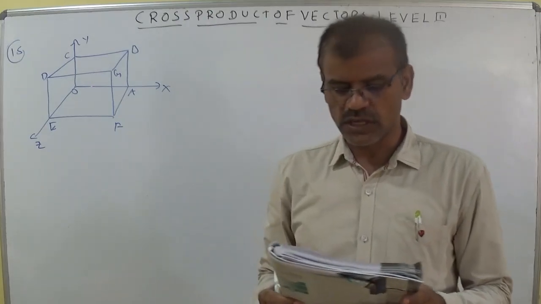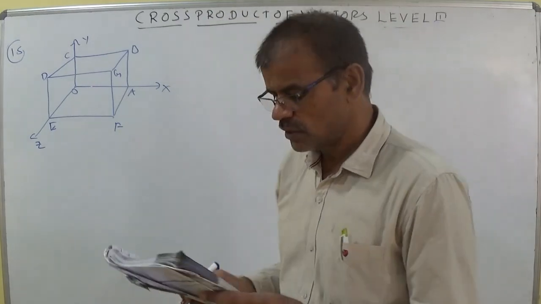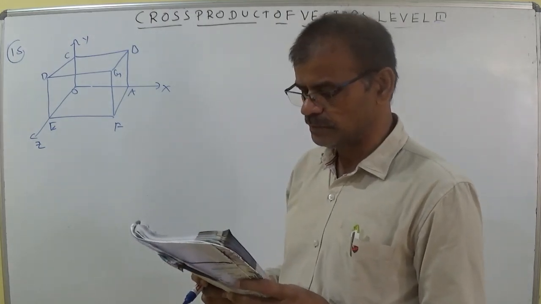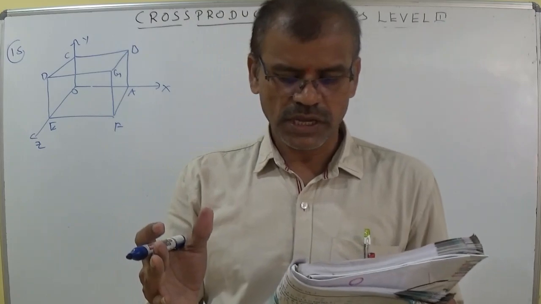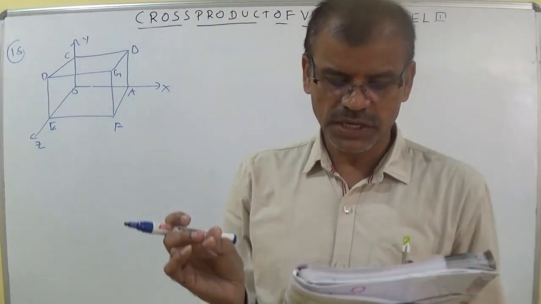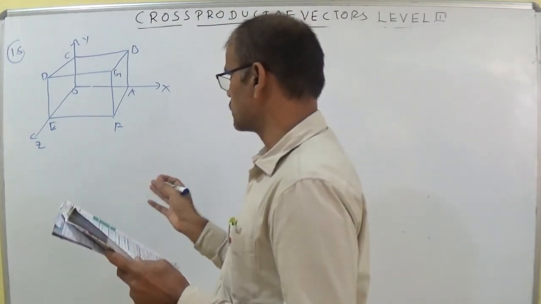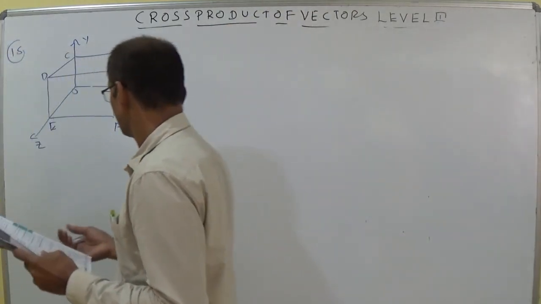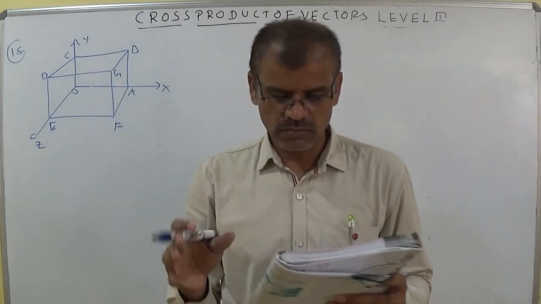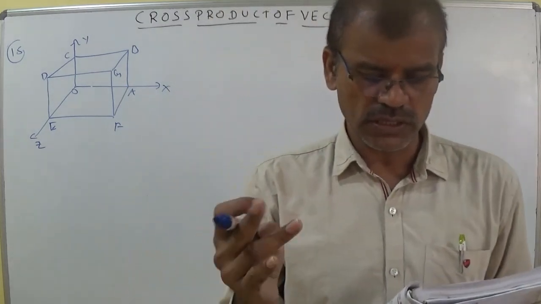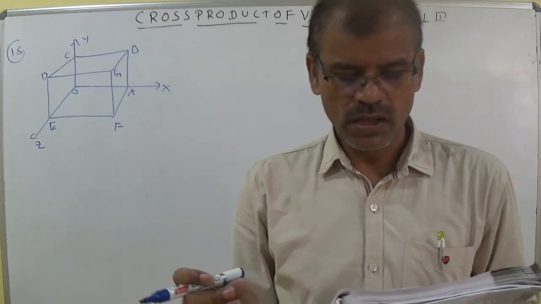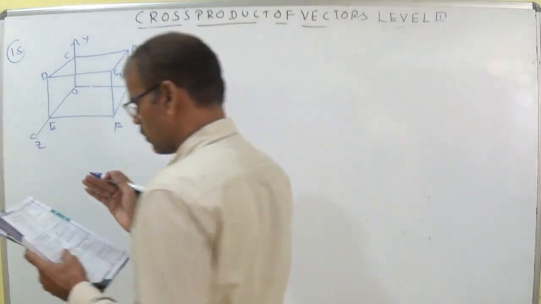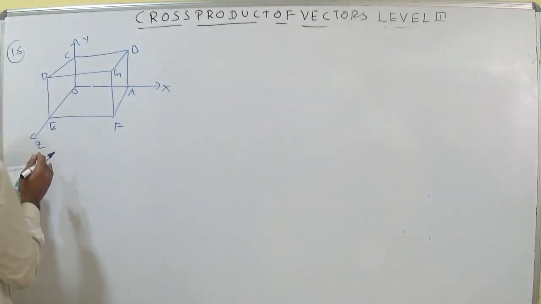Now we can read the question. Consider the parallelepiped with the sides A equal to 3i plus 2j plus k, and B and C given similarly. OA is equal to A, like that. B is a side and C is a side. A vector, B vector, C vector are given. Find the angle between A bar and the plane containing the face determined by B bar and C bar.